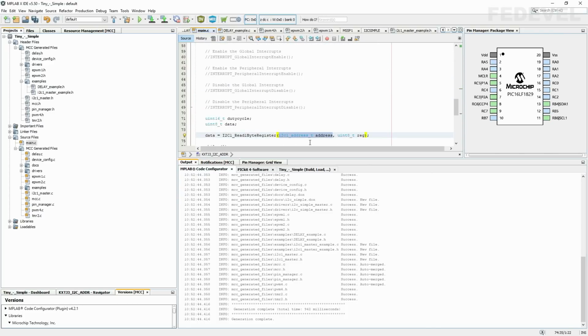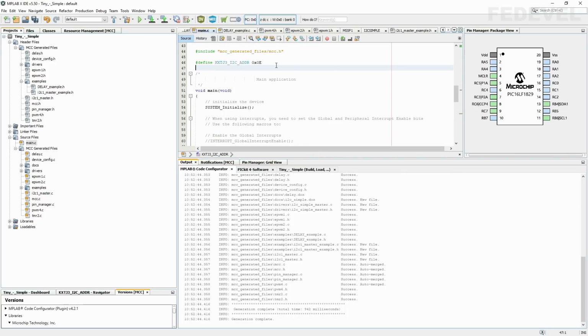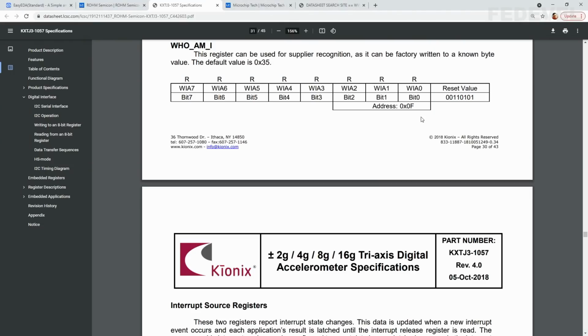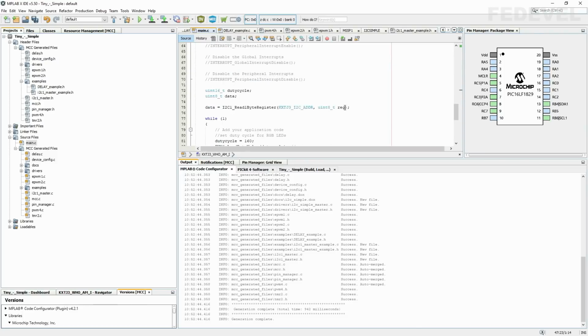I'm going to put it here, and I'm also going to define the register address like this, and I think it was F. Yeah, 0x0F. So I'm going to put it here, copy this, and place it here.